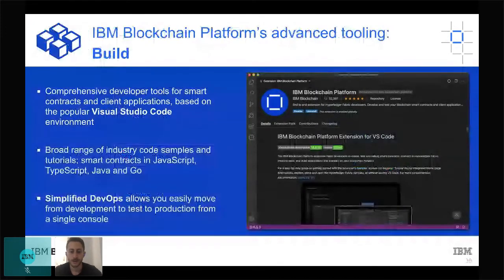So what is the VS Code extension and what can it help you do? It's really going to help you build your smart contracts. You can go and download this for free, and later on I will send out a link for you to go and find this. You can start building your code in whatever language you're most comfortable with, from TypeScript to JavaScript, Java or Go. You can use any of those to start building out your smart contract, and it simplifies